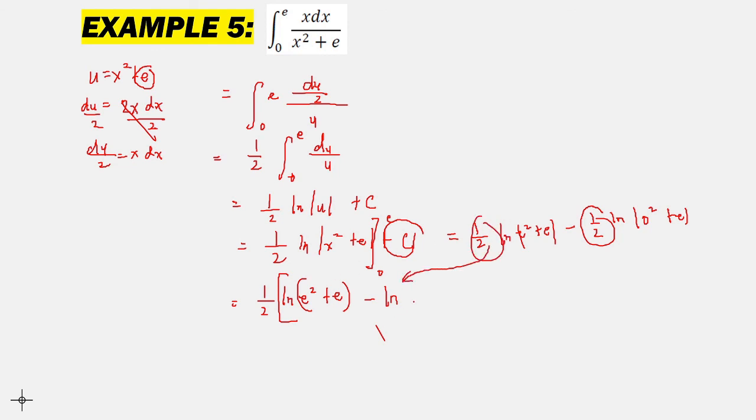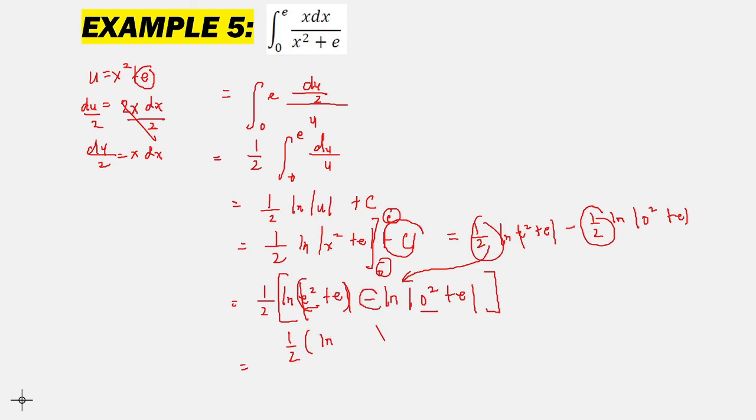So 1/2 times ln of e squared plus e minus ln of 0 squared plus e. So upper limit minus lower limit. Then therefore, this is now 1/2 ln of